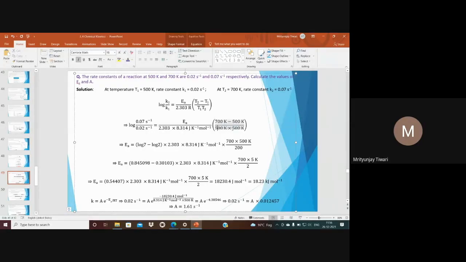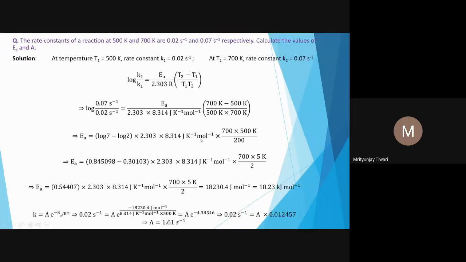The same order. Anyway, the result is not going to change, only the order was changed. Because so 500, this is T1 into T2, 700 Kelvin. So 1 Kelvin gets cancelled out anyway. So EA will be what? EA will be equal to log